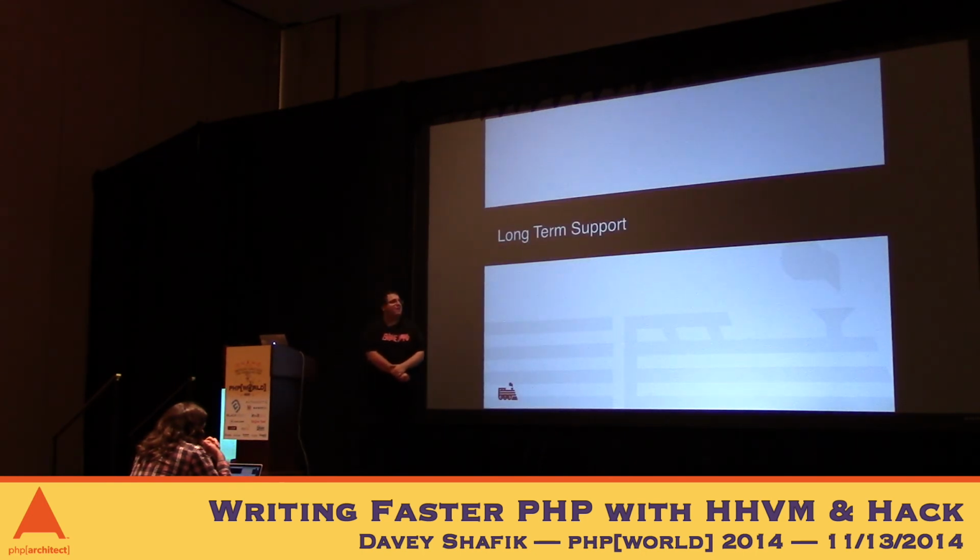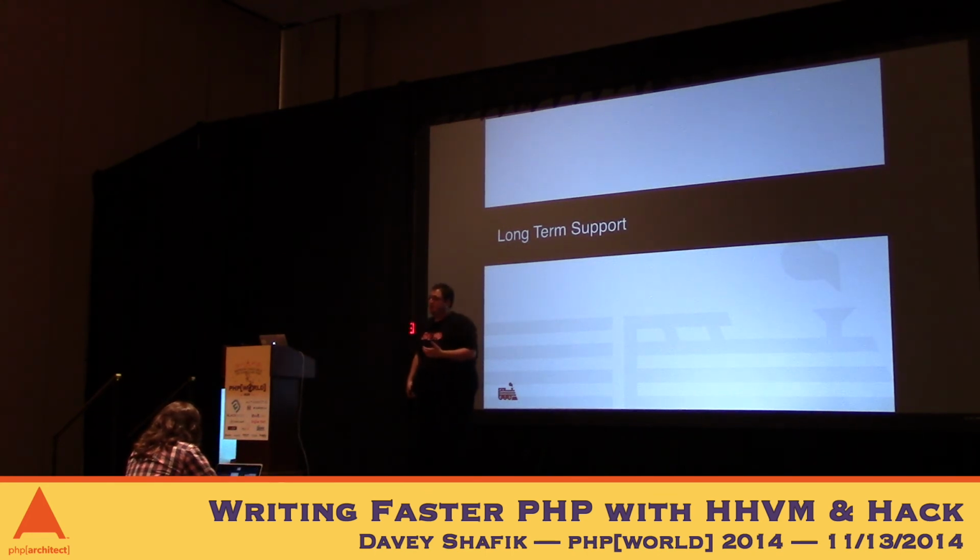Another huge thing that's come out just in recent months is long-term support. So they do a release every 6 weeks. Okay, and that's kind of hard to keep pace with. I mean, we see most people are still using PHP 5.3 at best, right? So we know that getting people to upgrade is hard, but if you're using HHVM, you're probably okay with bleeding edge, but still, long-term support is a big, big deal.